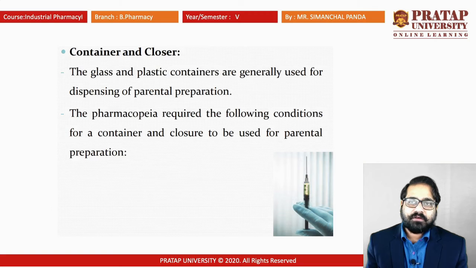There are different types of container closures used. Generally glass and plastics are used, and glass is more preferred, as we know that glass is a non-reactive material with the different chemicals, so it gives long stability and will not react with different components. We can see through it clearly from outside, and if there is any hanging particle, it can be easily found. So glass is preferred more compared to plastics, and plastics can sometimes be used, but there are different types of defects.